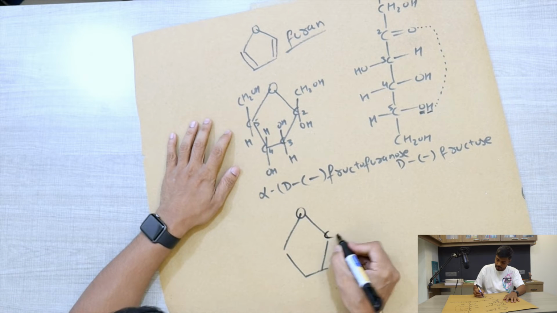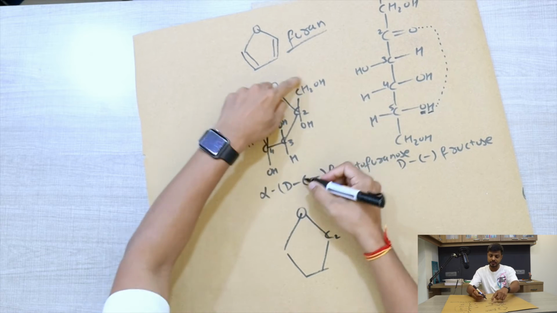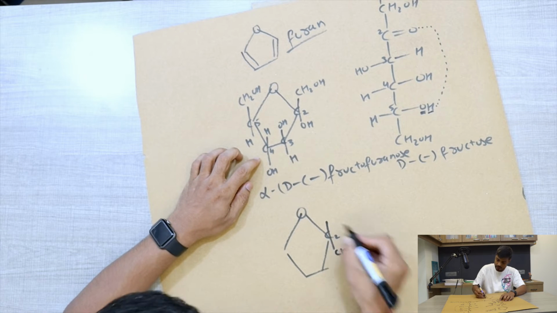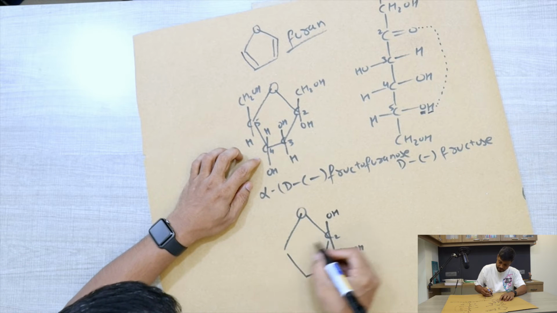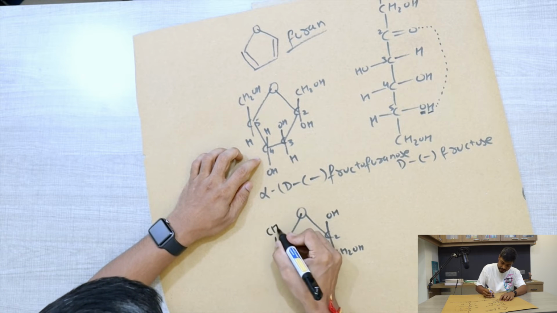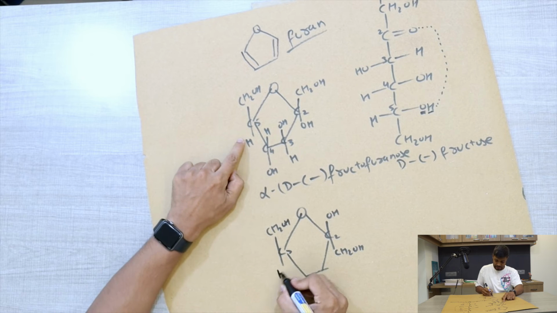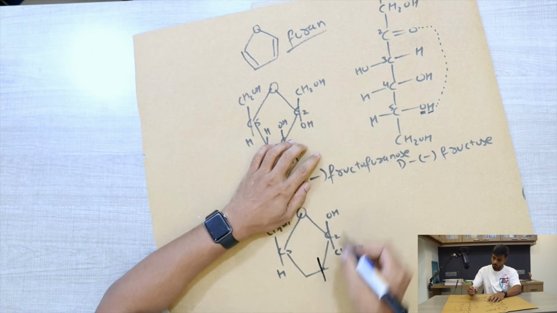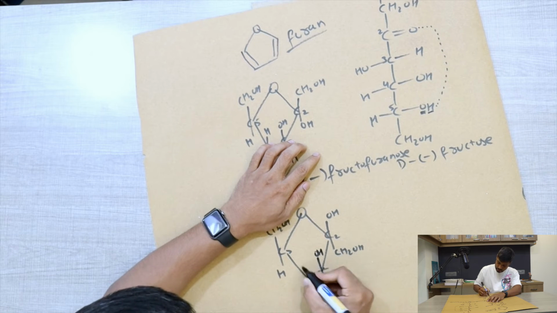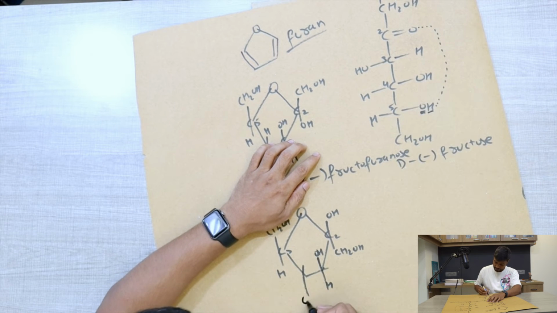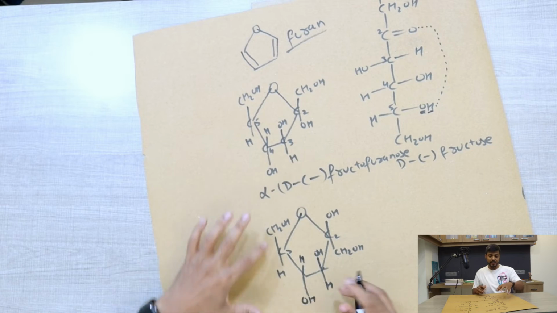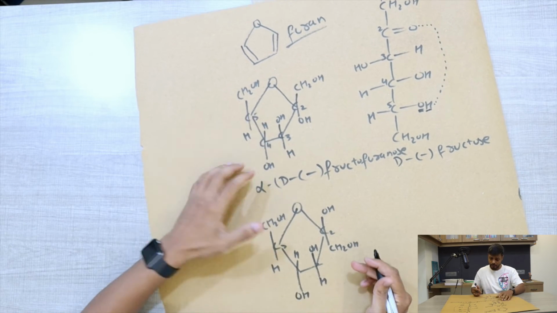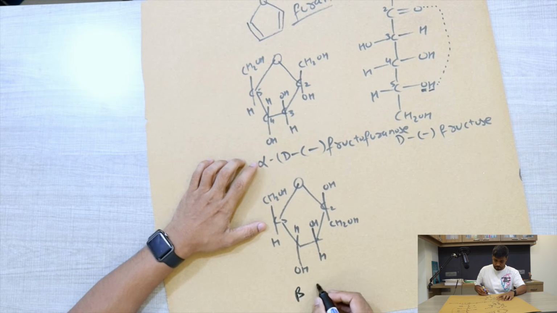This is oxygen, this is carbon number 2. Only at carbon number 2 there is a reversal. So we have CH2OH on the downside and OH on the same side. This is our carbon number 5. CH2OH is always on top, and H on down. And the rest of the molecule is the same. This is carbon number 3, so H is on the right hand side, H, OH. And carbon number 4, we have OH on the right hand side, so OH and H. So the only difference between these two is at carbon number 2, the reverse of it. So that's why it is an anomer, and this is nothing but a beta form.